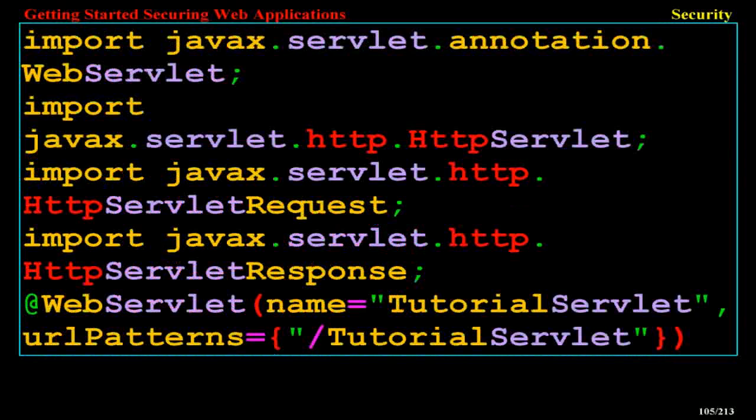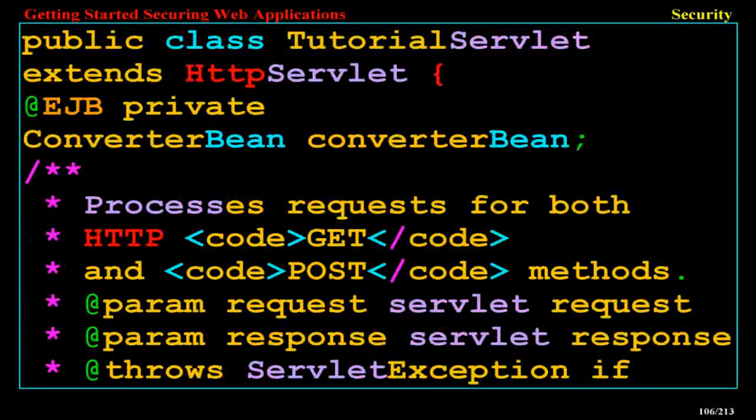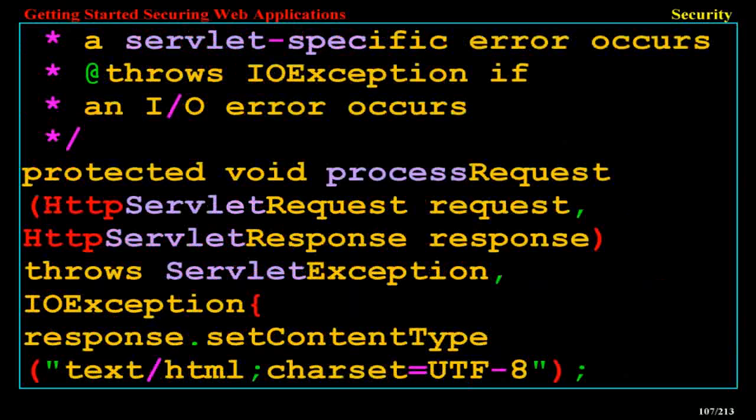import javax.servlet.http.HttpServletRequest; import javax.servlet.http.HttpServletResponse; @WebServlet(name = "TutorialServlet", urlPatterns = ...) public class TutorialServlet extends HttpServlet { @EJB private ConverterBean converter; /** Processes requests for both HTTP GET and POST methods. @param request servlet request @param response servlet response @throws ServletException if a servlet-specific error occurs @throws IOException if an I/O error occurs */ protected void processRequest(HttpServletRequest request, HttpServletResponse response) throws ServletException, IOException {